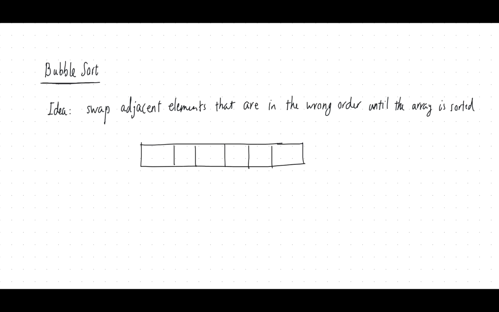Okay, so 0, 1, 2, 3, 4, and 5 are the indices, and then the elements of the array, the values, let's say they are 10, 7, 15, 1, 4, and 9. Okay, so what we do is we start with the first two elements, so 10 and